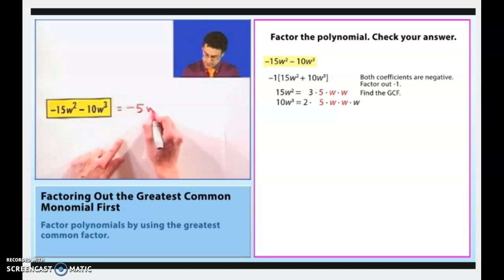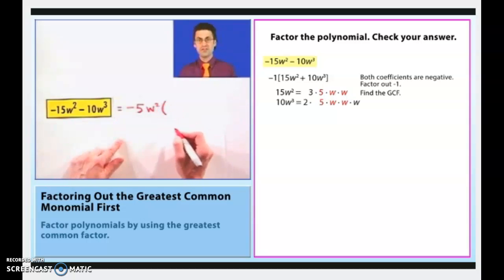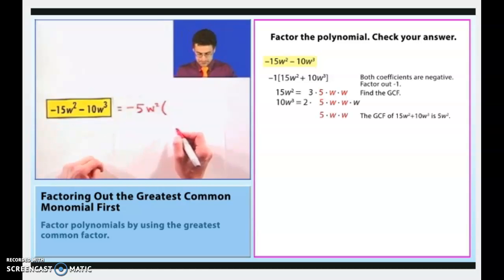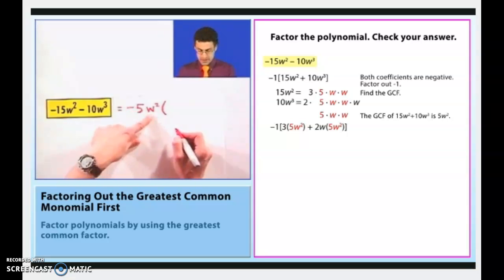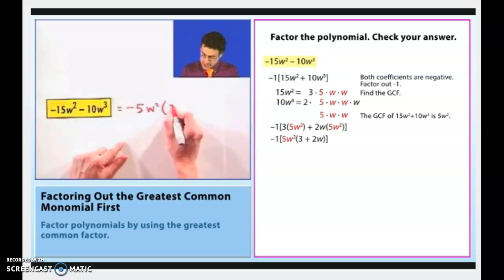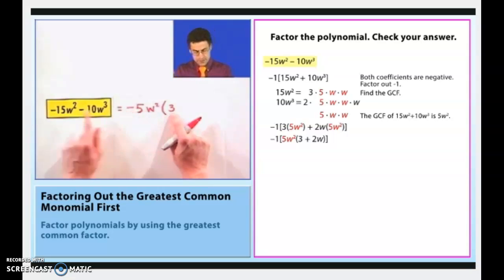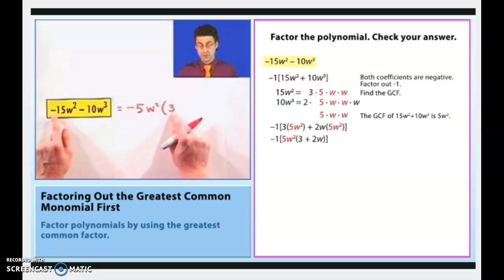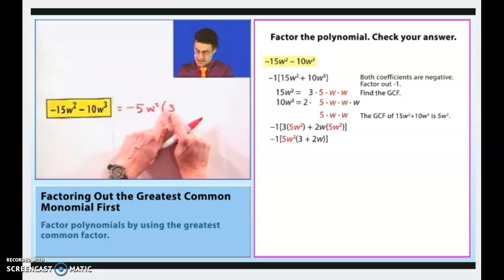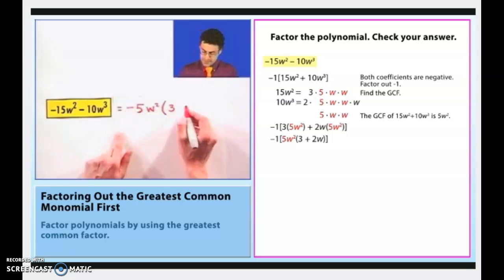W's can I pull out? Well, w squared. And when I do that, what am I left with? Now here it's a little bit tricky. I'm going to pull out a negative 5w squared. If I pull that out of here, what am I left with? Well, actually, just a 3. Now notice that that's a positive 3 because the 3 times the negative 5 will produce the negative 15 that you've earned. So here we have pulled out that negative sign in a way, and then plus,